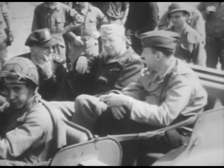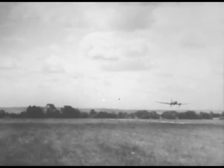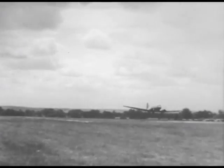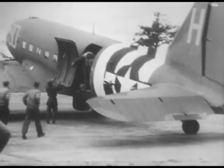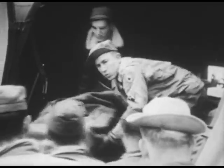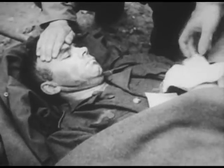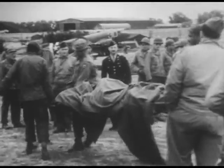General Arnold makes his first visit to the beachhead, accompanied by General Spaatz. The first ambulance planes with American wounded arrive in England. A medical officer examines each man, whether he be an ally or an enemy, to determine the extent of his injuries. The waiting ambulances will take